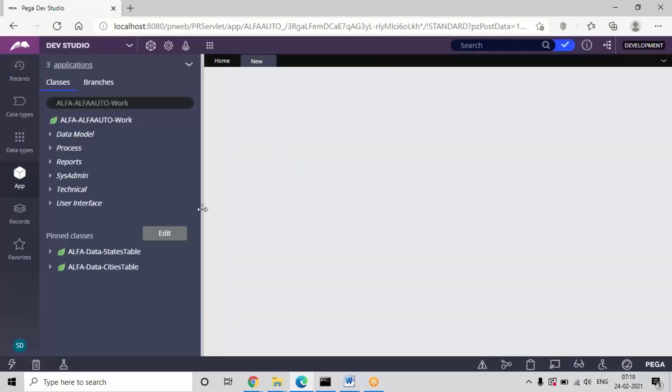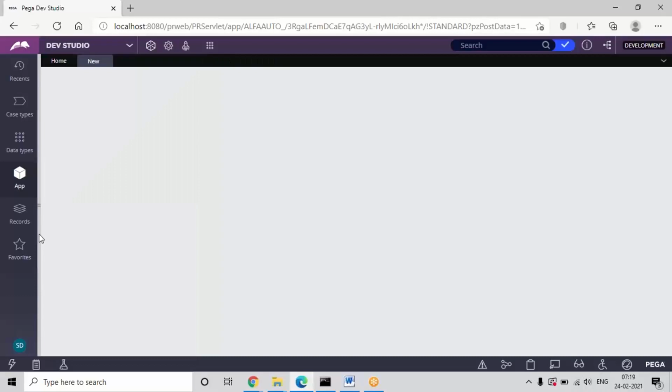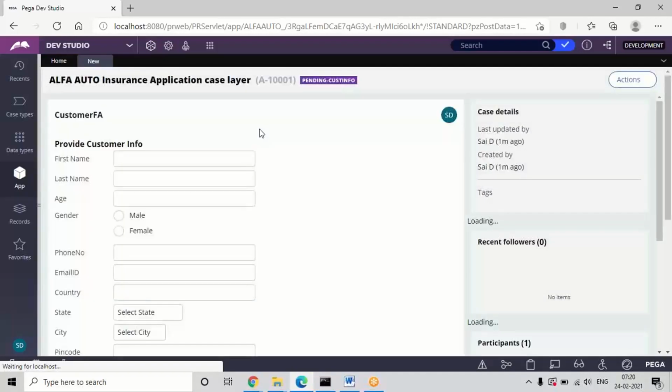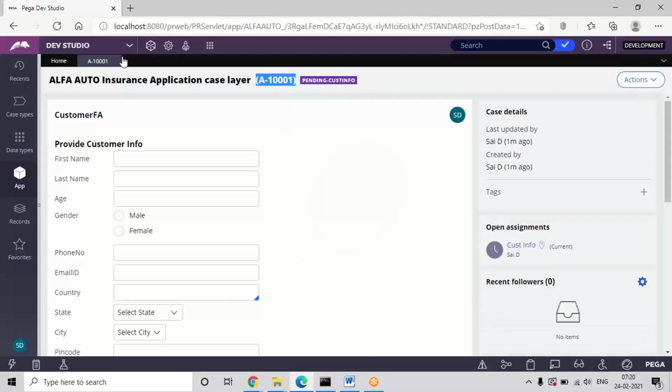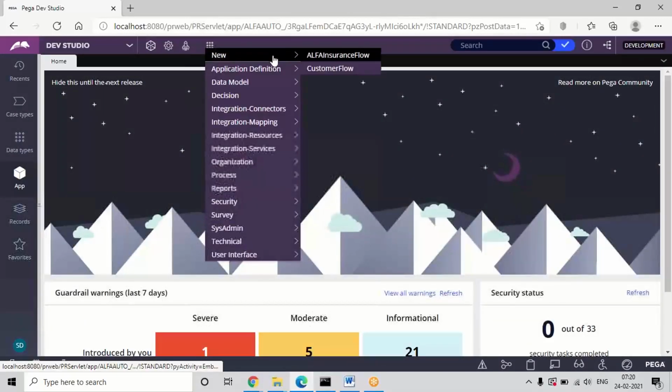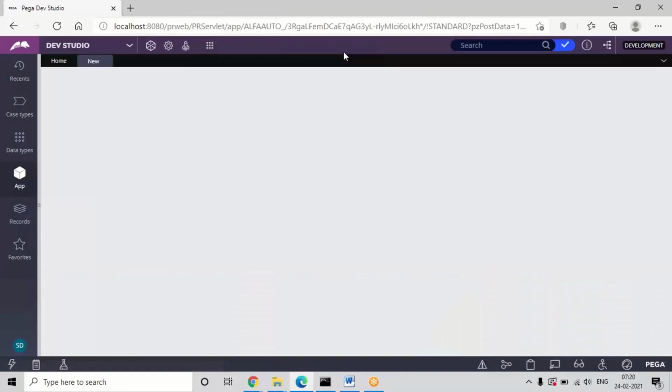So the work ID will be created, right? Close the transaction at pending customer info itself. Like that, I'll be creating two IDs, and when I create the activity, I'll be verifying under these two IDs. Maybe in your system the ID can be different, guys. In my system, AIFN 10001 is one ID. I'm closing the work ID here itself. One more ID I'm going to create with pending customer info.